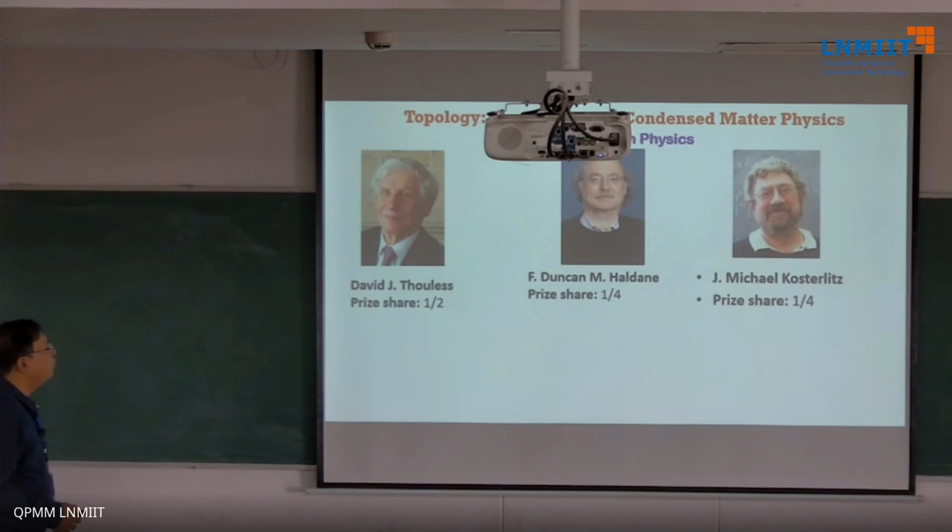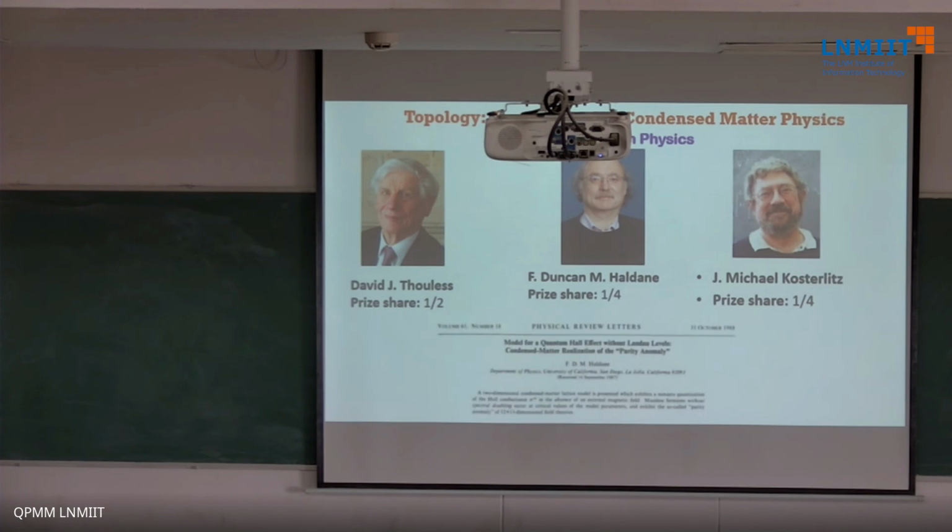So then, of course, 2016 came, and these three gentlemen again sort of changed the scenario, in which David Thouless got a Nobel Prize with a share of half, for topological matter and topological phase transitions, and Duncan Haldane and Michael Kosterlitz shared a prize share of 1/4 each, because they were awarded for the topology of matter. Yeah. Insulating in the bulk and conducting at the edges, is this somewhere related to the skin effect, or No, they're not skin effect. I'll come to skin effect.